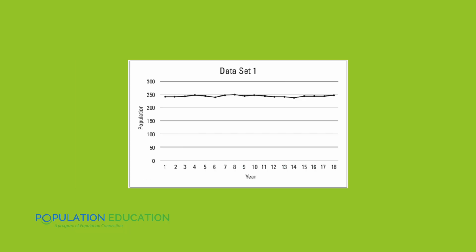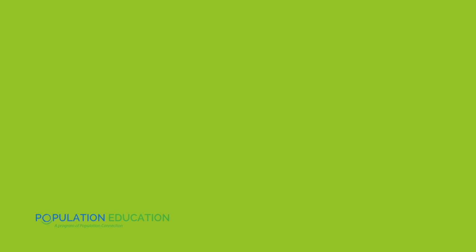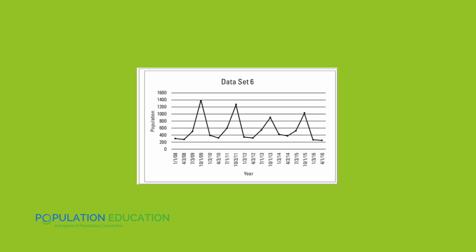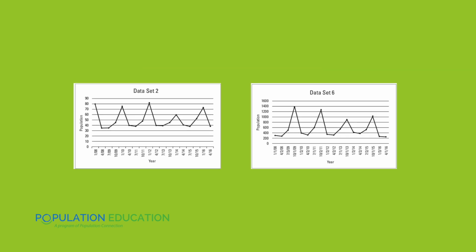As you can see, this is a species without a ton of change over the years that it was studied. It's probably a fairly slow-growing species. This one best matches with the bristlecone pine tree based on its description. Moving on to data set 2, students will usually notice that there's a relationship between graph number 2 and graph number 6. When number 2 is high, 6 is low, and vice versa. Students will usually recognize that one of these must be the rabbit and one of these must be the red fox population. However, the more difficult part is deciding which one is the prey and which one is the predator.